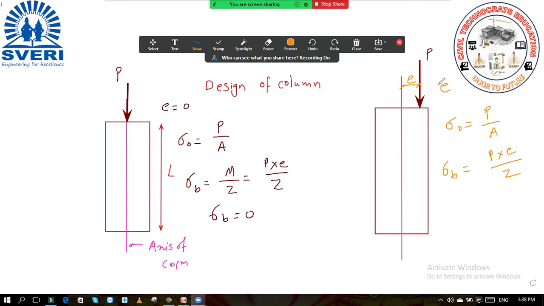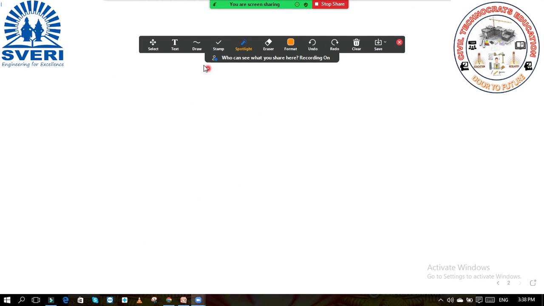So now this is the condition which we come across, the condition number 2. This is the condition which we always come across while designing the column. The first condition is the ideal condition. Now next is the cover for the column. Cover for the column is always taken as 40 mm cover. The clear cover for the column is taken as 40 mm. And the minimum eccentricity for the column is taken as E minimum.